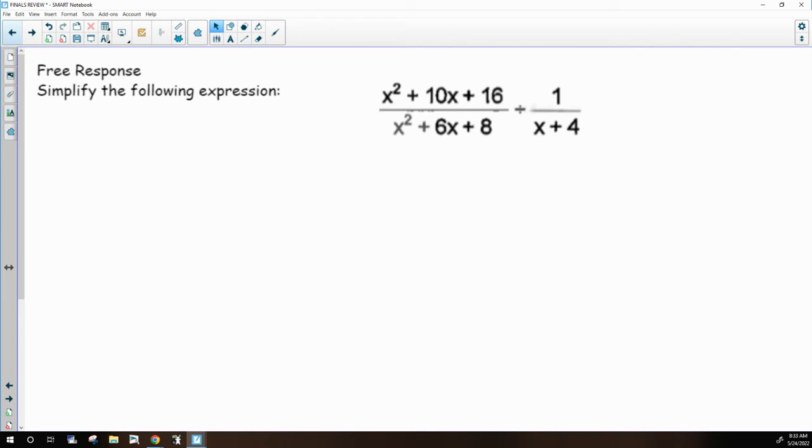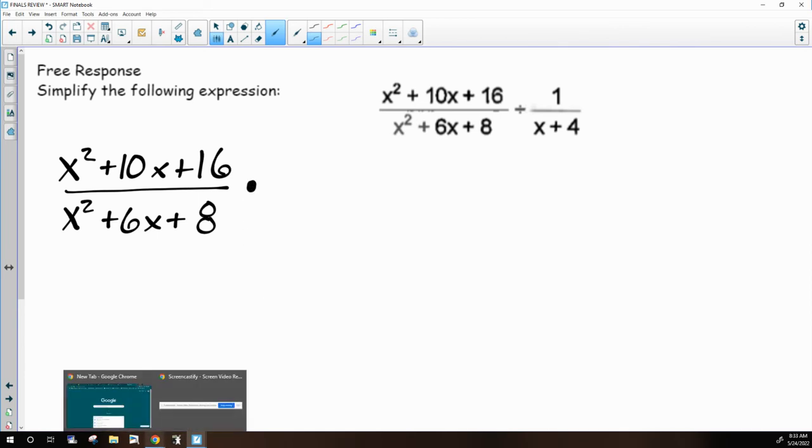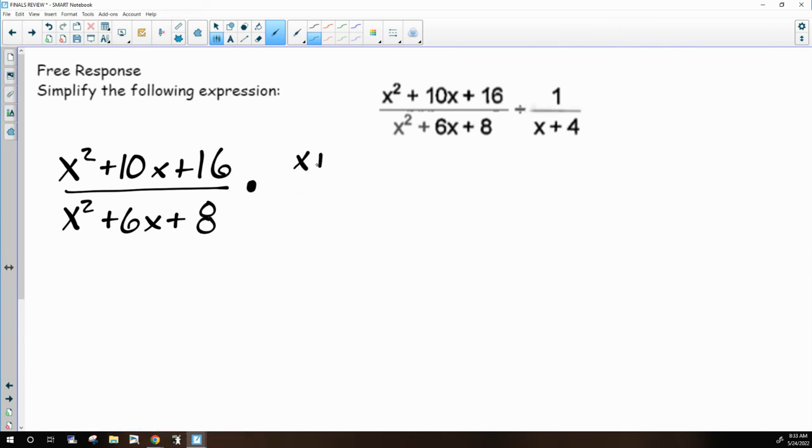First thing we do every time, if it's division, what? Keep, change, flip. Okay, keep the first one. X squared plus 10x plus 16 over x squared plus 6x plus 8. Keep it the same. The division gets changed to multiplication, and we flip the second one. Keep, change, flip. After keep, change, flip, we